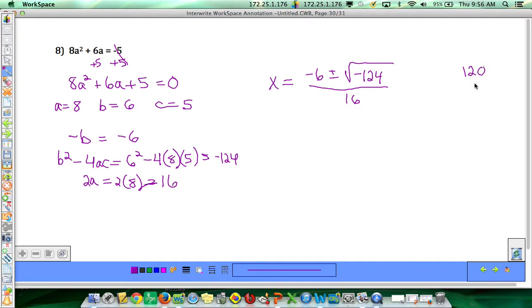If we do the prime factorization of that number, I know 124 is the same as 2 times 62, and 62 can be broken down to 2 times 31. So we've got 2 times 2 times 31. 31 can't be broken down anymore. So if we rewrite this, we have -6 plus or minus the square root of -1, because I have a negative, times 2 times 2 times 31,